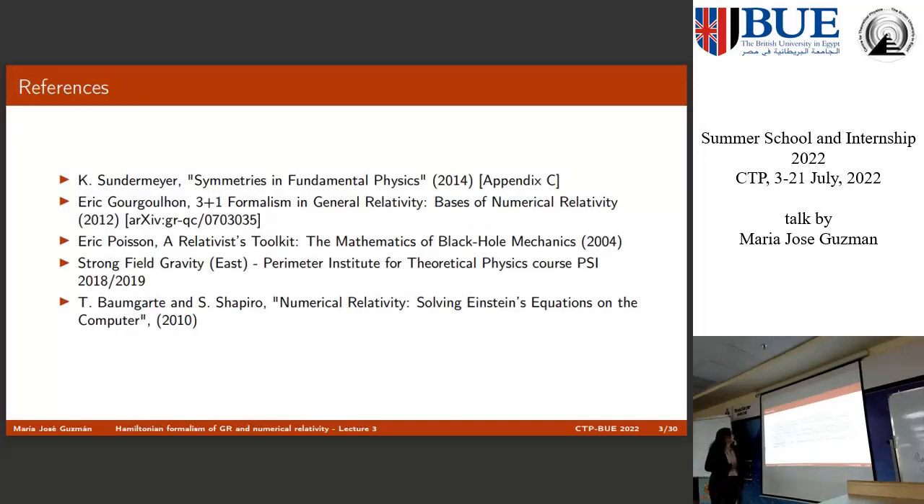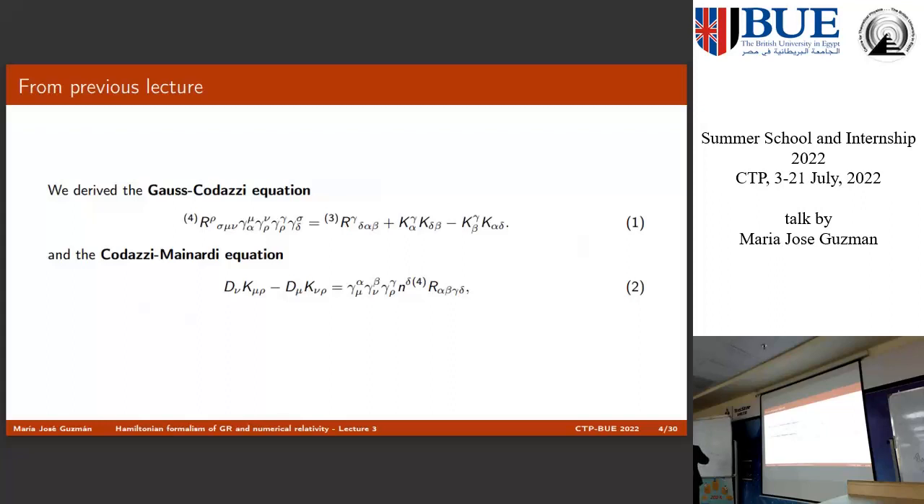I'm taking mainly these references for my analysis, and regarding the Hamiltonian formalism for general relativity, I didn't put the reference here, but it's a paper from the 1960s from ADM, Arnowitt, Deser and Misner. And now in the previous lecture